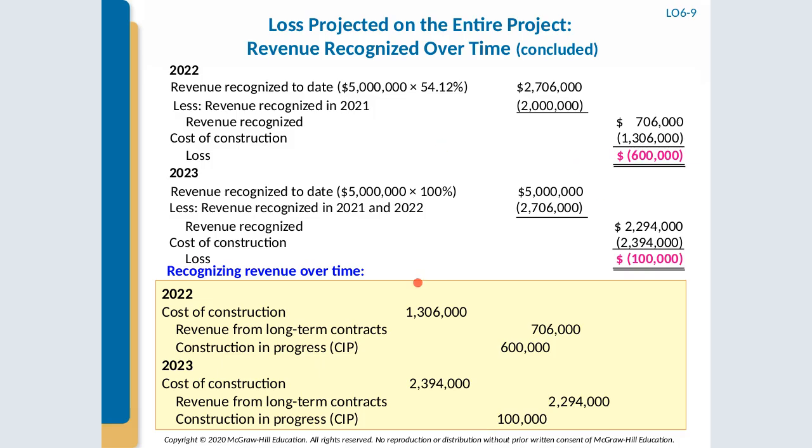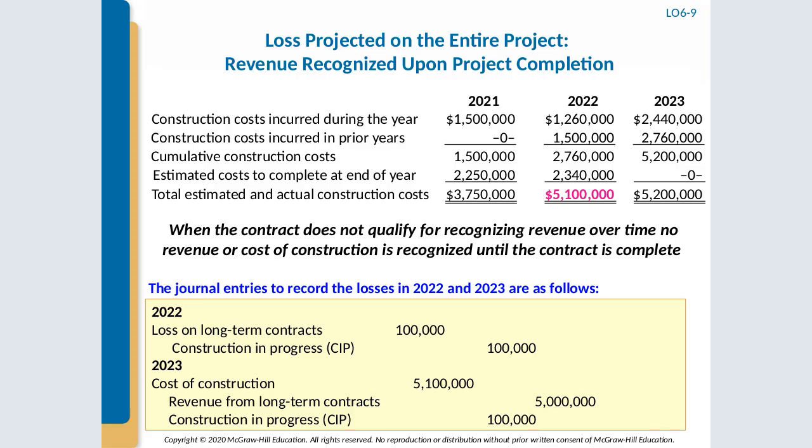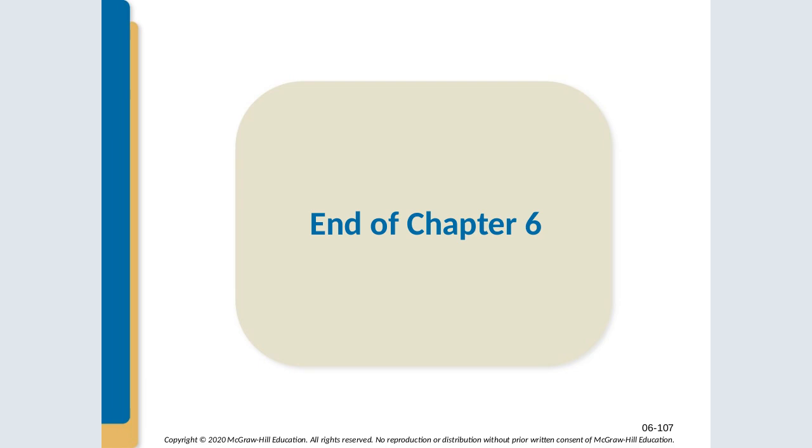And every time we have a loss, we're going to credit construction in progress rather than debit. And that pretty much concludes